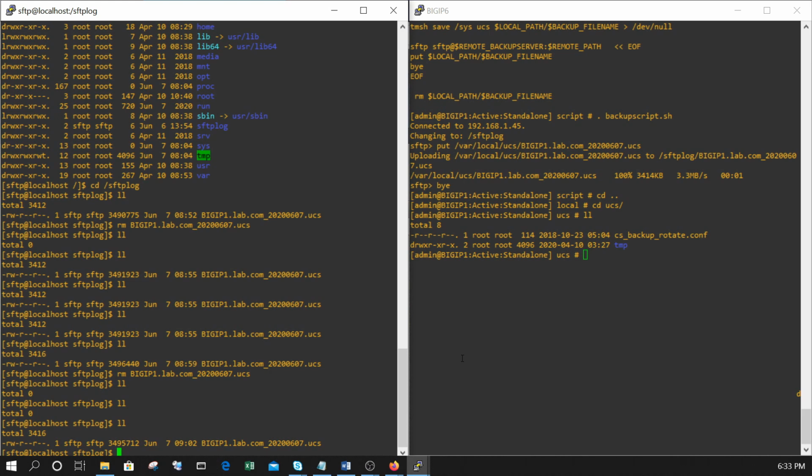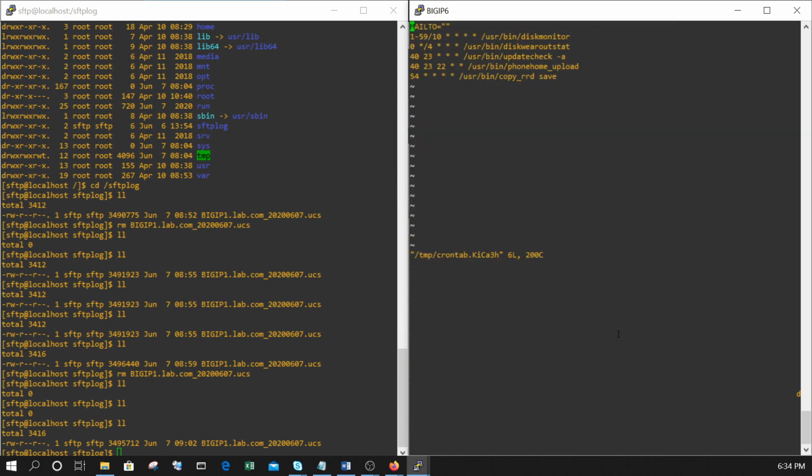Now the next step is to edit the crontab file, define the path of the backup script, and run it accordingly. To edit the crontab file, you type crontab hyphen e, and then you can simply press escape, I to insert. Let's suppose you want to run this script every 5 minutes. So you should type 05, then asterisk asterisk asterisk asterisk, and then dot space